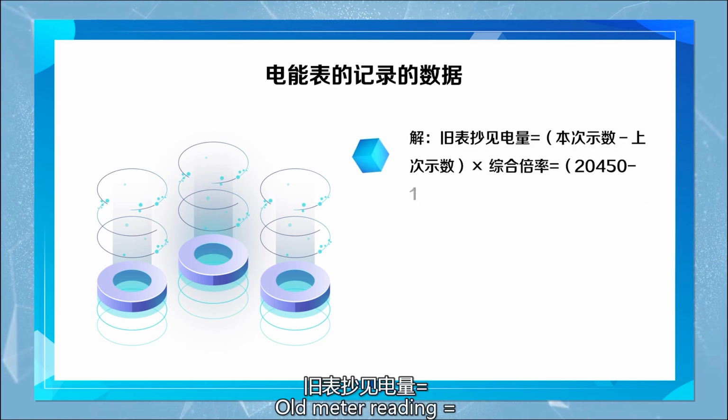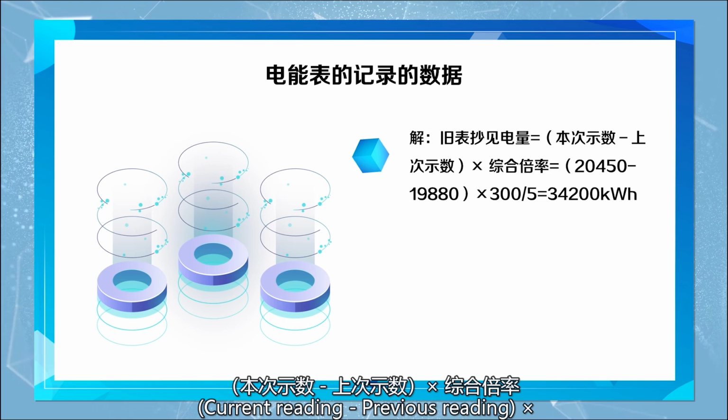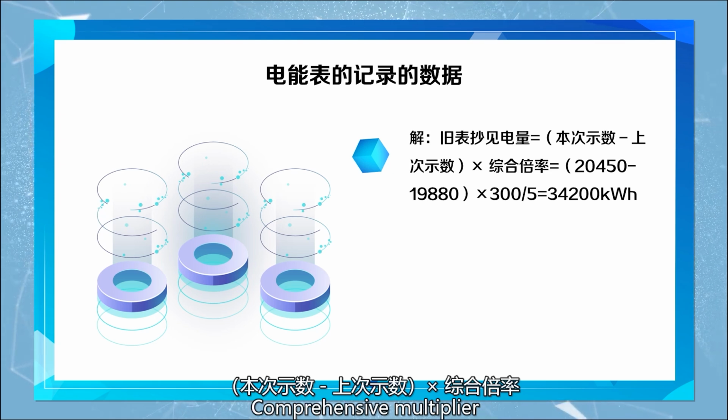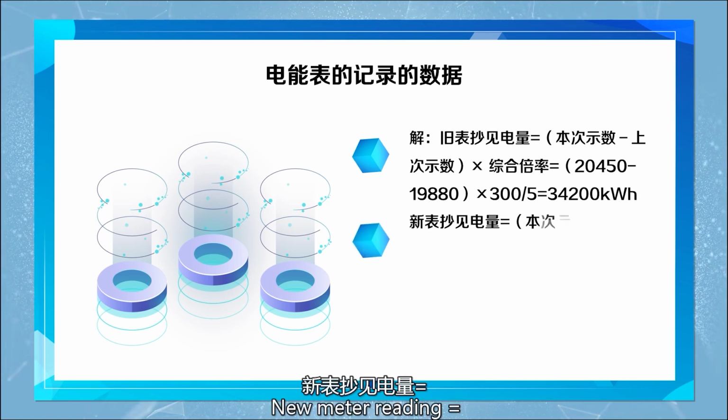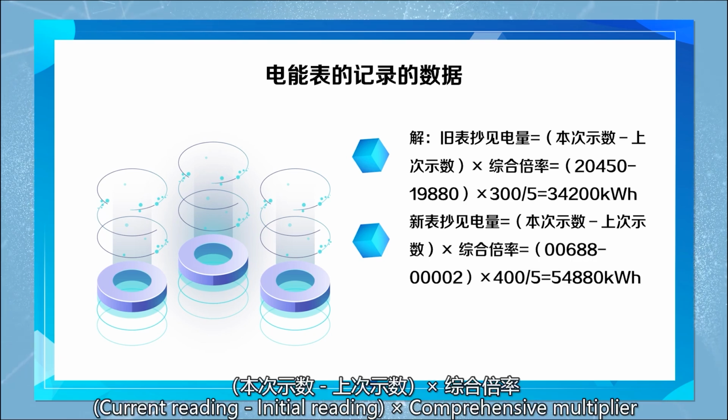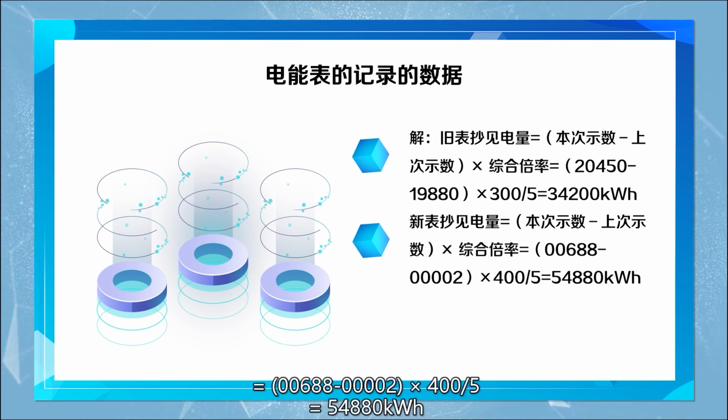Solution. Old meter reading equals current reading minus previous reading, all times comprehensive multiplier, equals 20450 minus 19880, all times 300 divided by 5, equals 34200 kilowatt hour. New meter reading equals current reading minus initial reading, all times comprehensive multiplier, equals 00688 minus 4 times 02, all times 400 divided by 5, equals